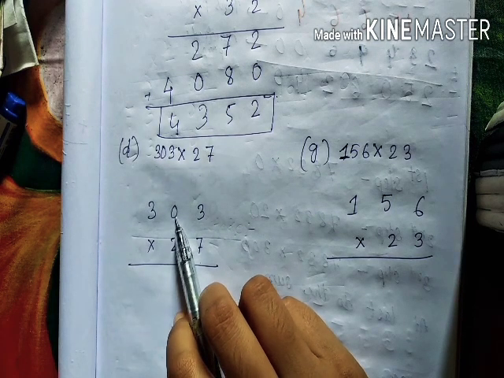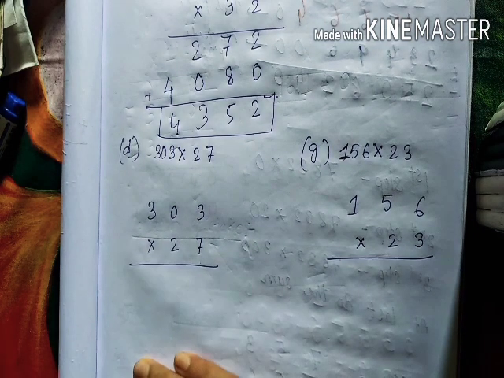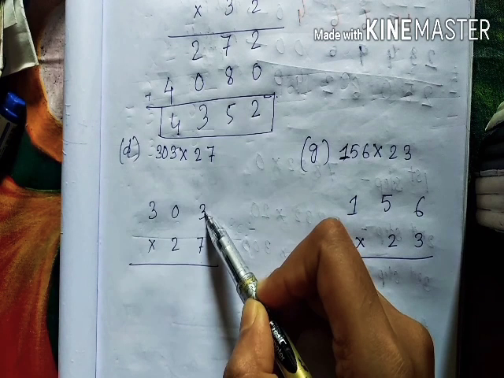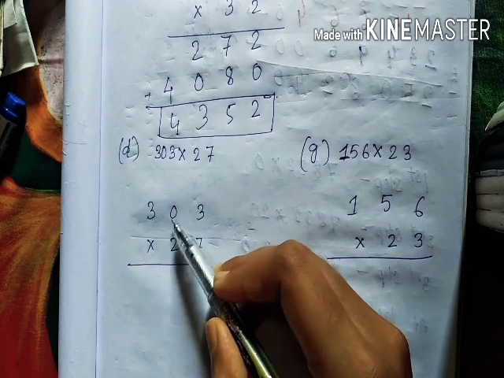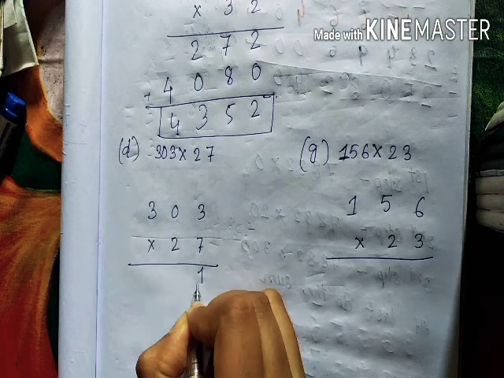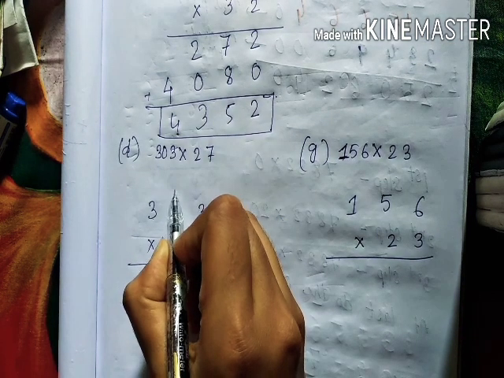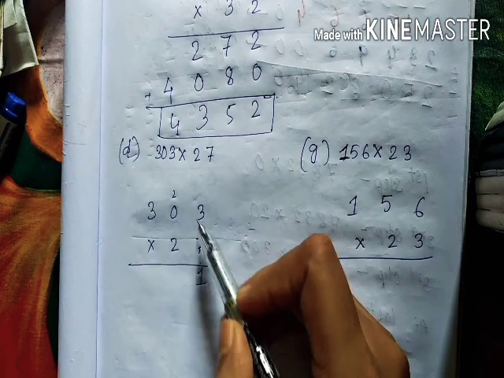Do not make this type of mistake that we will skip that and continue. Okay, you can't skip that, because first of all you have to multiply this one with 3, then 0, and then again 3, right? So how can you skip that, right students? So we have to follow the steps. So 3 7s are 21. So how much carry do we have? Carry 2, right students? So this 2 will be carried to the next place value.